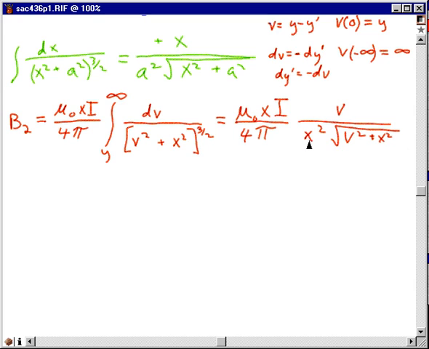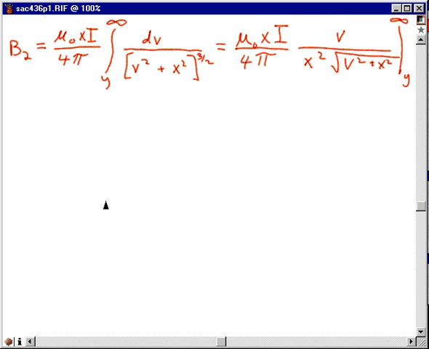And just want to make sure that was supposed to be the constant squared, and it is. Okay, and I got to evaluate that from v equals y up to v equals infinity. I'm going to put brackets around this point, evaluate that from y to infinity, and just be multiplying it by this constant up front. The x is a constant, so that becomes a part of the constant. I'm going to cancel out one of those x's. So I'll wind up with